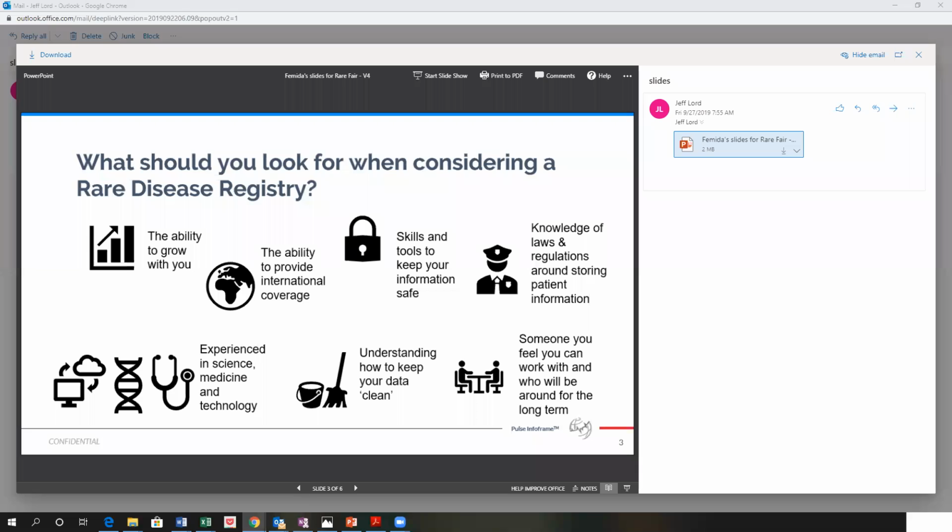So don't just think about a technology as a technology that you're buying, because then you can just go buy any technology. Think about the choice you make as one that will help influence the future for your disease, and do it on the basis of picking somebody who is not just a technology, but understands disease and has deep content expertise.